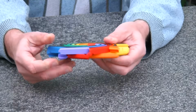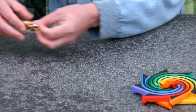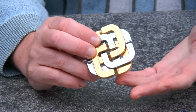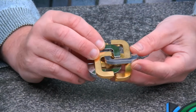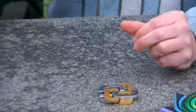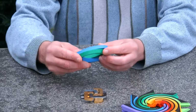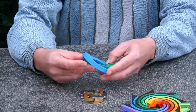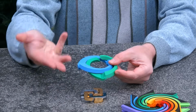So before going to the 8-piece puzzle, let's go back a little bit in history, because the puzzle is based on an old design of mine which is called Lucky Clover, and this was produced by Bits and Pieces early this century, and it has 4 identical pieces which are very hard to take apart. The reason why it's hard to take apart is that when you have the pieces together, the challenge is that they are all together, but you can't immediately take a